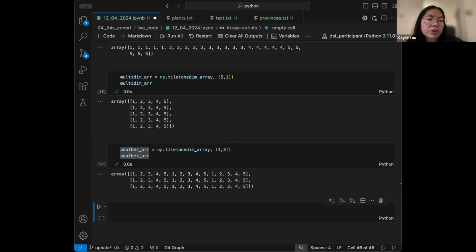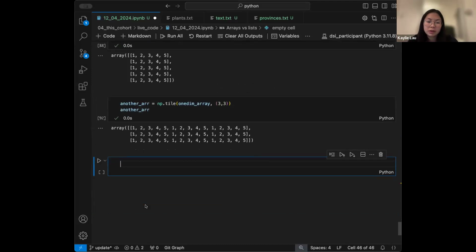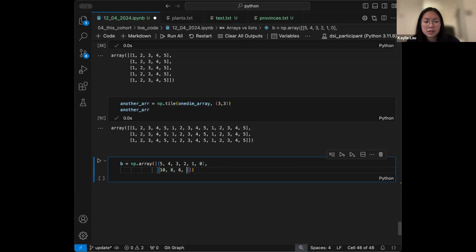Let's talk about reshaping arrays. So if I have B, which is an array, I'm going to have 5, 4, 3, 2, 1, 0, and then 10, 8, 6, 4, 2, 0. Okay. So I have this array B, and if I want to find the transpose of it,